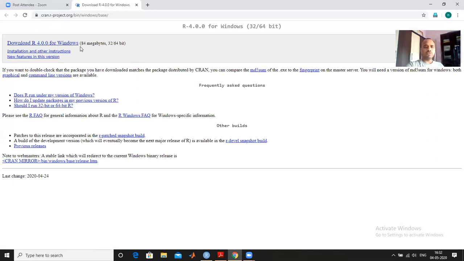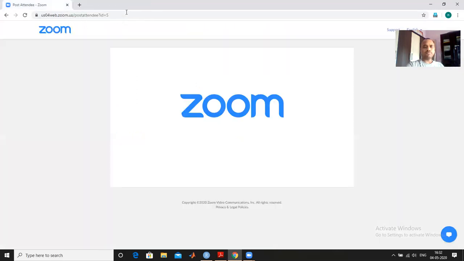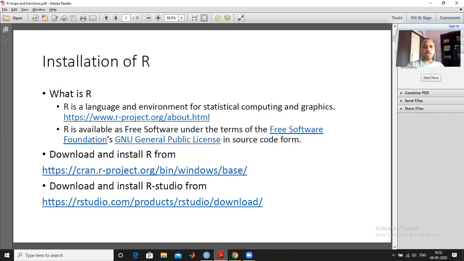This is for Windows, for 32 and 64 bits. According to your system, you can download it, and after installing R, you can install RStudio, which provides some more GUI features.